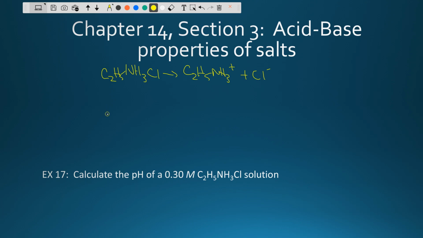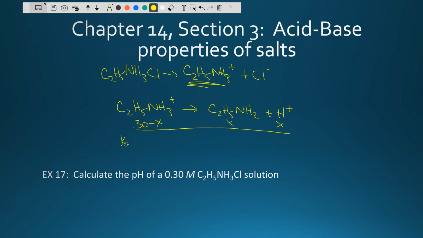Okay, now let's take a look at what happens with this guy. My C2H5NH3 plus is then going to be losing one of the hydrogens, and so that's going to become C2H5NH2 and generating the hydrogen ion off of there. Okay, so this is going to decay to get rid of that ion. Okay, so this one is the 0.3. It's going to be losing a certain amount, and gaining, and so then I would see that my Ka